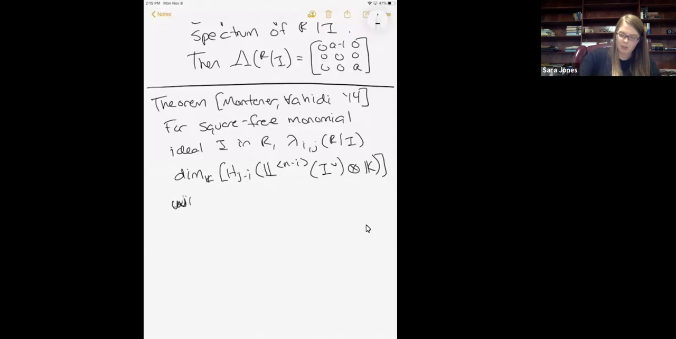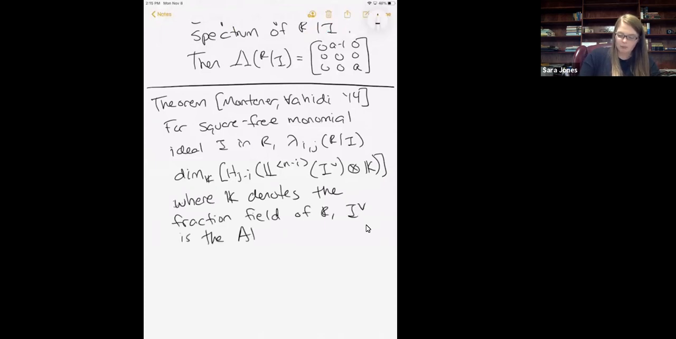Let me make that a little neater now. Where bold K denotes the fraction field. I dual is the Alexander dual of I. And as I mentioned, this is going to denote the linear strand